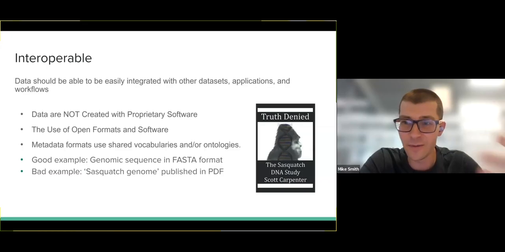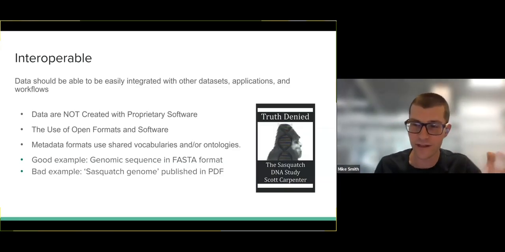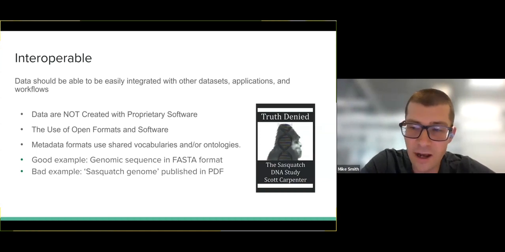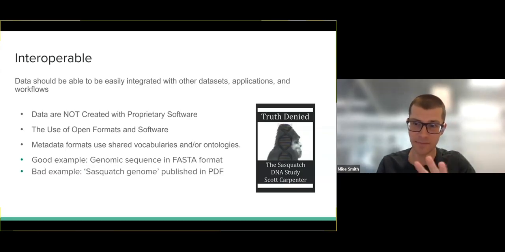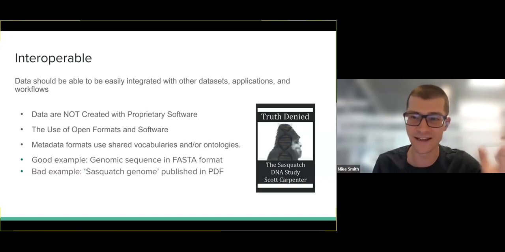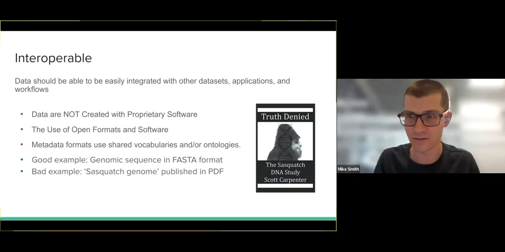But I remember about 10 years ago, there was a paper published reportedly about the Sasquatch genome, right? Bigfoot's genome. Naturally, the paper was kind of derided at the time, but they did provide some data. But I remember downloading that data, and it was genome sequencing data available in a PDF format, which is, if we've all tried to copy and paste data from a PDF, it comes out really strange sometimes. There's random line breaks. This is not the format that anybody working with genomics data would ever expect to get their data in. So again, this is a slightly silly example, but it's showing how you can, if you want to, really obfuscate and make life difficult for people by not being interoperable with the data